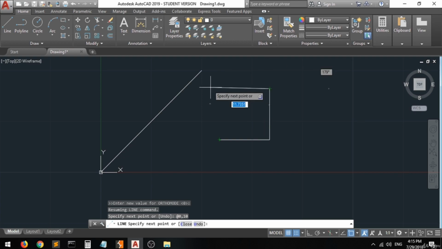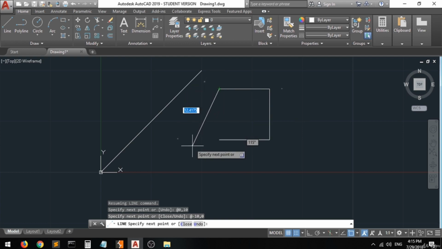Minus 10 on the x-axis and 0 on the y-axis. Let's do it again, together. Type the at sign. We want minus 10 on the x-axis, slash 0 on the y-axis. Enter. And now we have created this horizontal line moving from here to the left, with a 10 unit